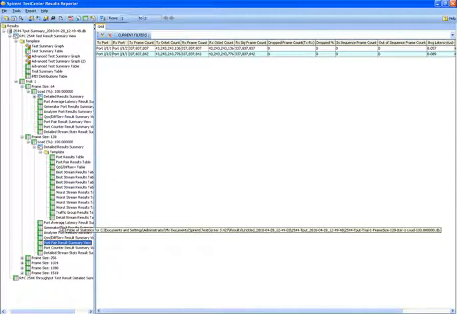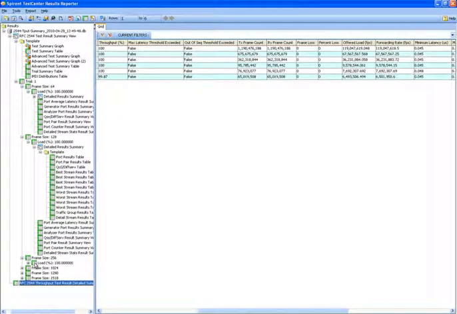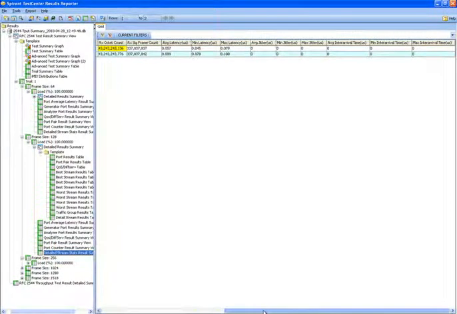So all of the 41 metrics per stream that are in the Spirent TestCenter GUI are then reflected within this value. Now if you create a manual chart in the Spirent TestCenter GUI, that chart will also be available in this tree too. You can click on the chart and see those results here. So after you're finished looking at your individual iterations and drilling down to the individual stream results that you see here,